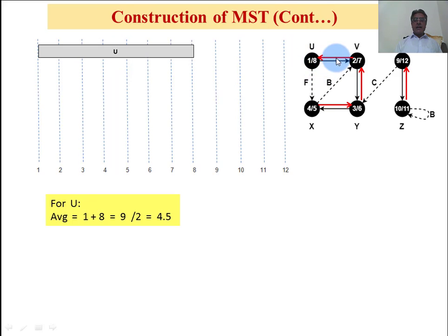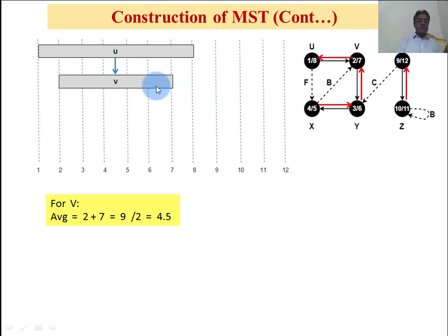Next, this is the root, and it is the parent of V. V is the child node. Now we will process child node V. For V, its discovery time is 2 and final time is 7. 2 plus 7 is equal to 9. 9 divided by 2 is equal to 4.5. Here we will insert V. Its starting time is 2 because it is the discovery time, and its final time is at level 7.